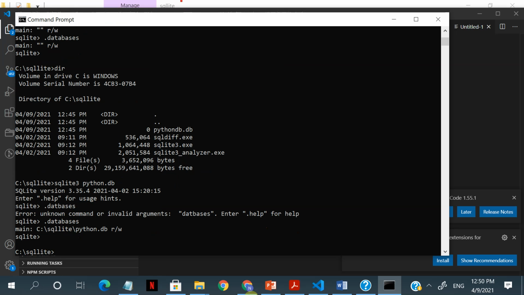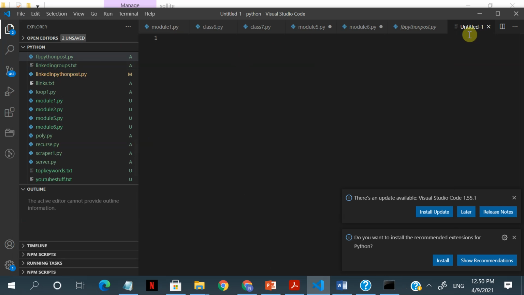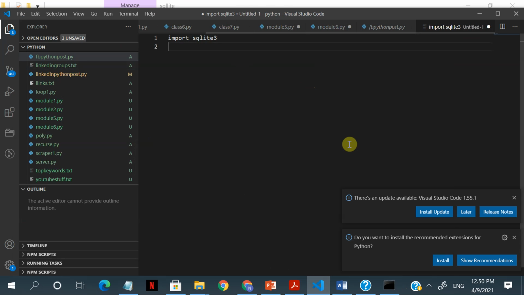So the next one, what we are going to do is we are going to go to Python and start working on that. Okay. So we are going to see how to. First, we are going to import a module called SQLite 3. Now, one thing, this is already ported with Python. You don't have to go and install any of this. All right. Now, the next thing,